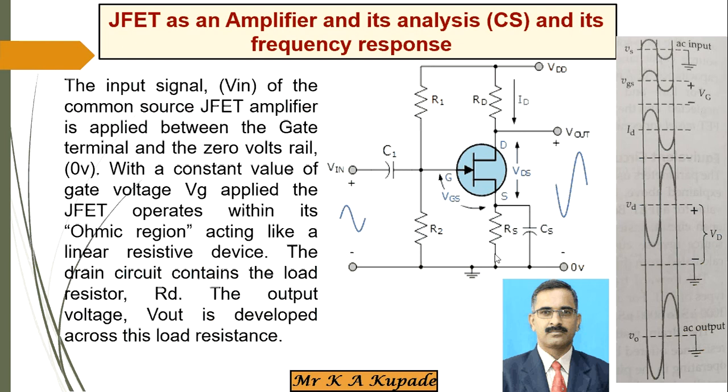the drain terminal. Accordingly, this particular input waveform and the output voltage, all these things are considered here. Here Vs, VGS, then ID current, and the VD voltage developed at that particular terminal, and lastly the AC output, that means V naught. Here Vs in the waveform is nothing but the input supply at the Vin, right? Vs is nothing but Vin given to this particular circuit.